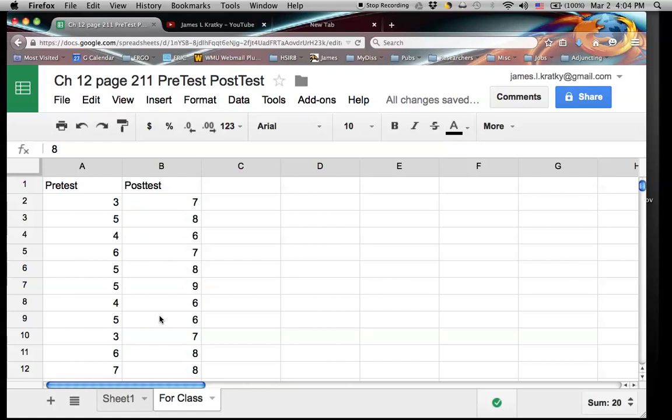Following along in the book here, our null hypothesis is that the means are the same. And that's between the pre-test and the post-test. Again, if I was doing this in a write-up, I would have to be much more clear with the null hypothesis. I can't just say means are equal. And for the research hypothesis,